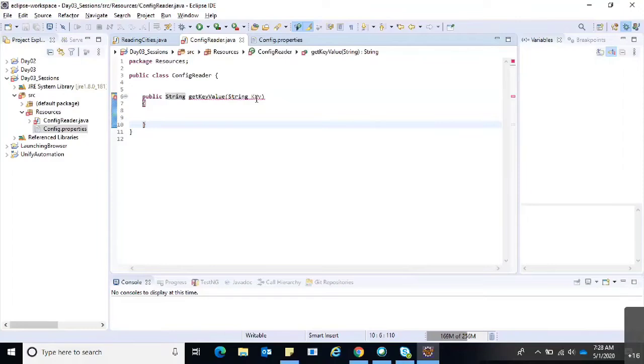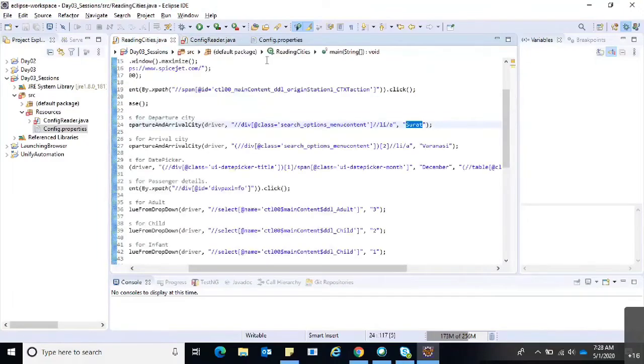And why did I mention the key here? Because while calling, I should mention the key value. For suppose, I have created an object for this config reader. Let me create an object.